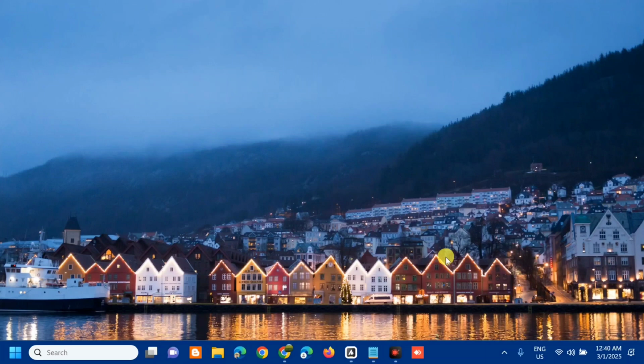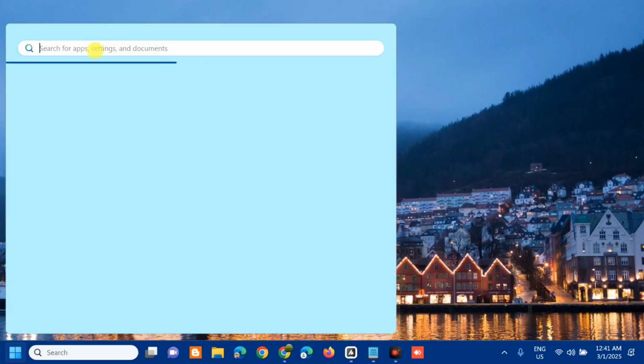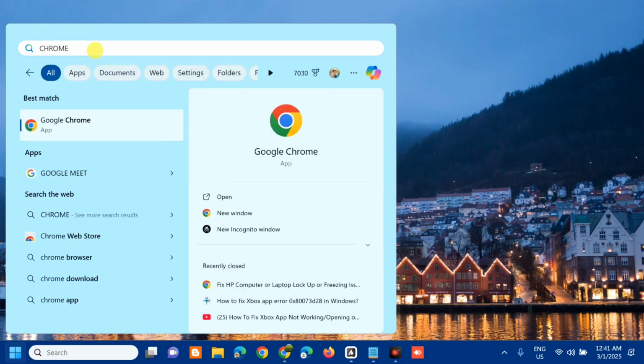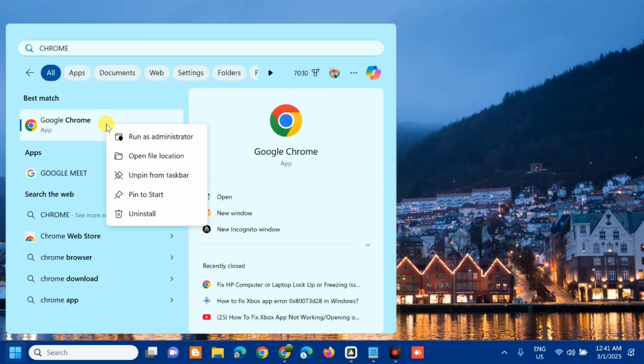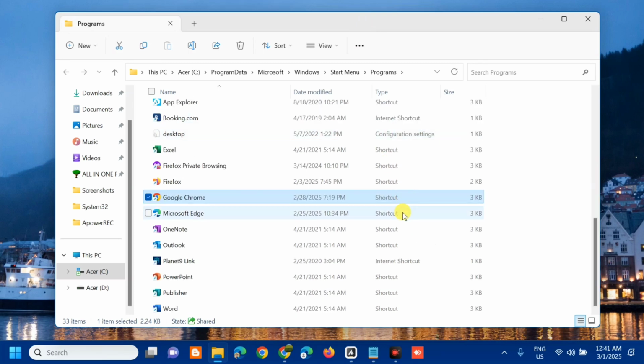So the first solution we will do is to run the applications in compatibility mode. All you have to do is to open up the search menu and search for apps, then type any app in your computer system. For example, we will type Google Chrome. Once you type the name of the app, right click and select open file location. Once you open the app's file location, you can see the program settings. All you have to do is right click again